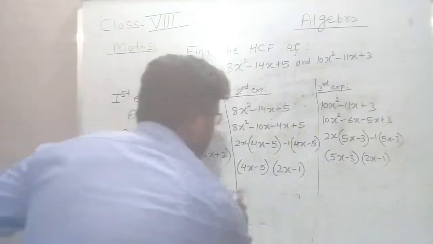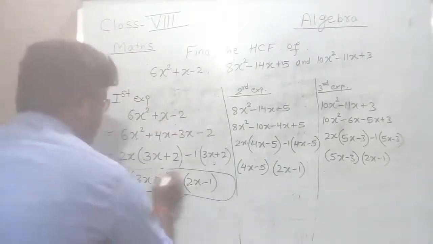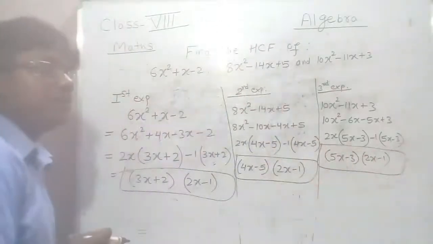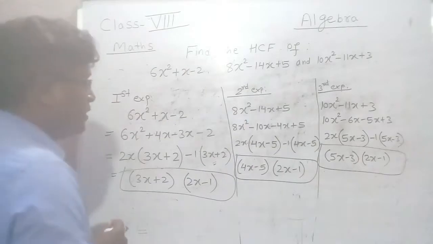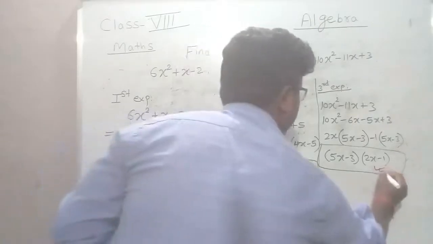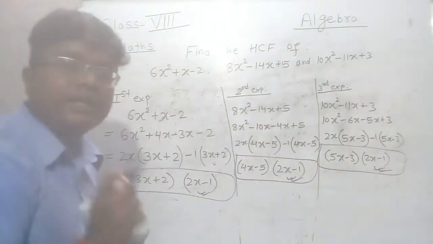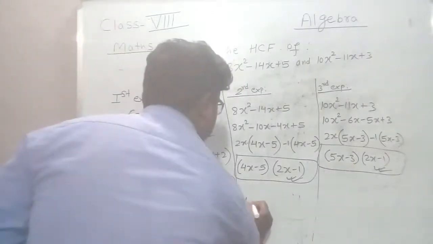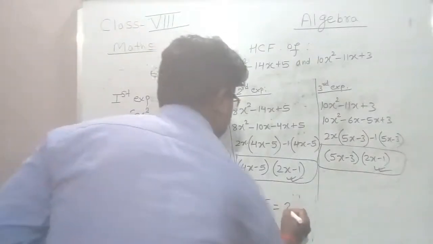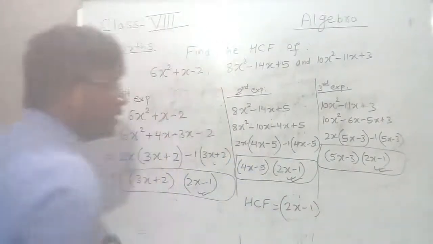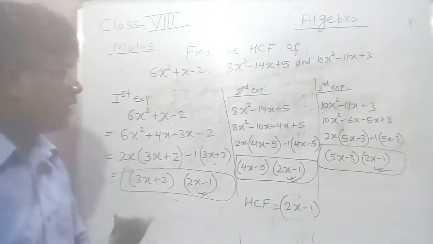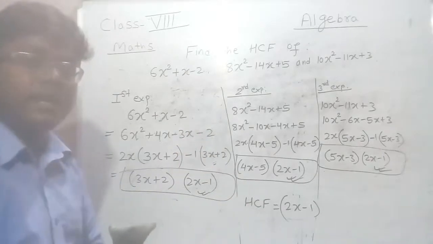So after getting all the factors, what factor did we get here? This is the factor here. Second expression, this is the factor, and third expression, this is your factor. Okay, so what is common in all? Let's see what is common in all. 2x minus 1, 2x minus 1, 2x minus 1. Okay, which factor is common in all? That is your 2x minus 1, and in all others nothing is common, so our SCF will be 2x minus 1. Okay, this is your answer for this SCF question.